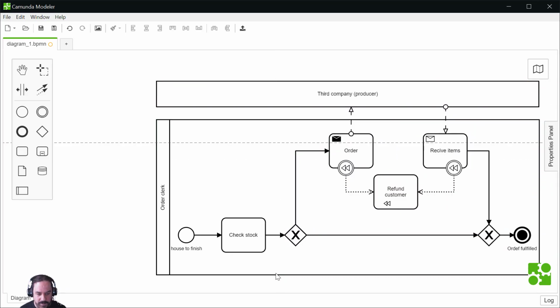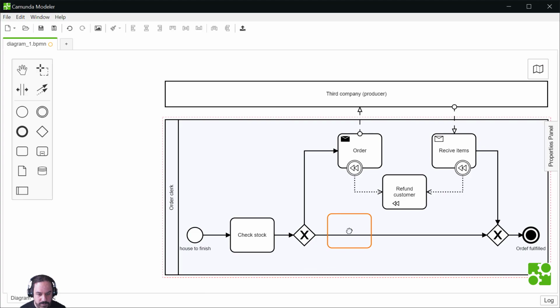I will add here remove from stack, and we'll add the corresponding action.